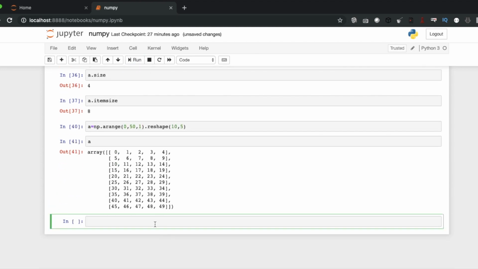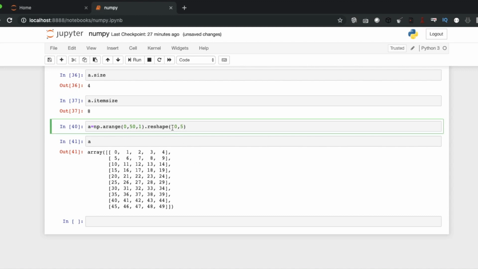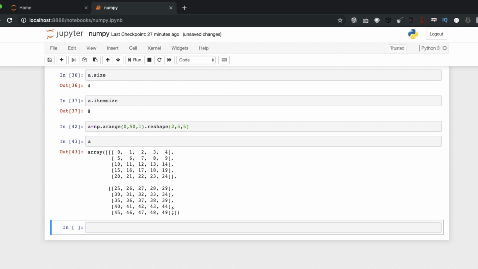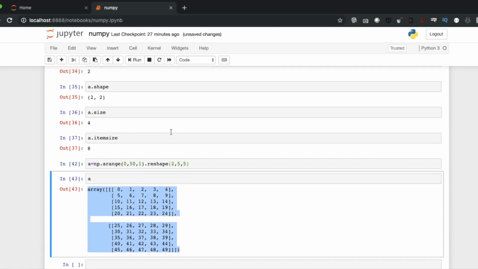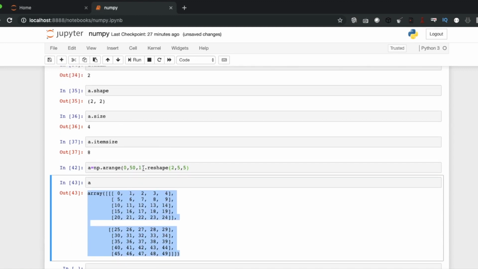See, let's make it a 3-dimensional array. Right, is that fine? We are having fun, right? Okay, so this is one way of creating NumPy arrays, like arange, and this thing.